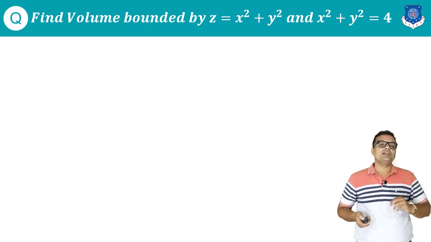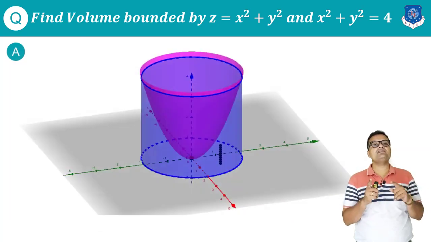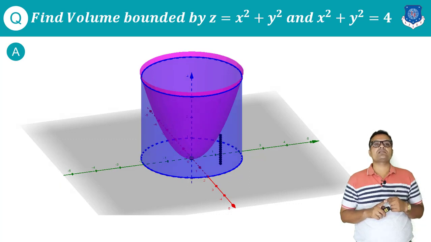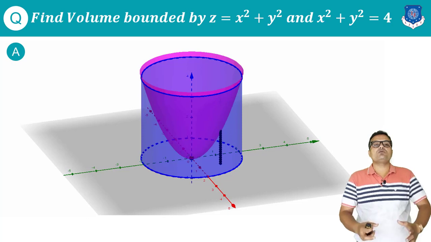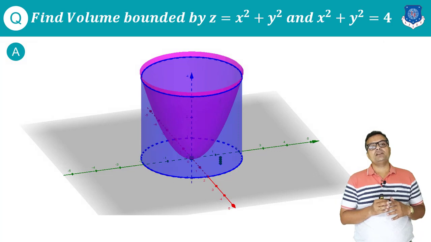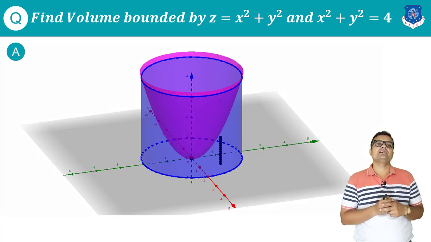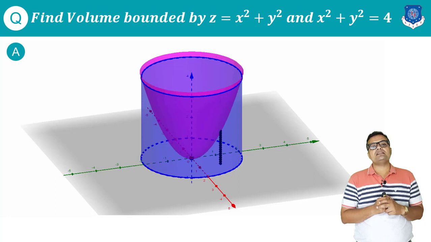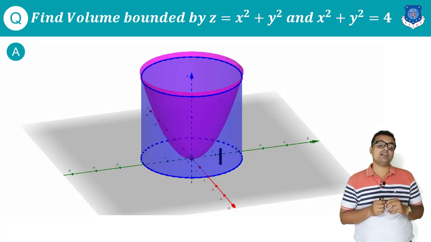So if I look carefully at the structure of these two surfaces, I will see that z equal to x square plus y square is nothing but a paraboloid, a bowl shaped structure, and x square plus y square equal to 4 in 3D is a cylinder. And now my target is to obtain the volume which is bounded by these two above the xy plane. So I can see clearly that if I want to consider cylindrical coordinates, then I should take first of all any one fixed parameter out of these three: r, theta and z.